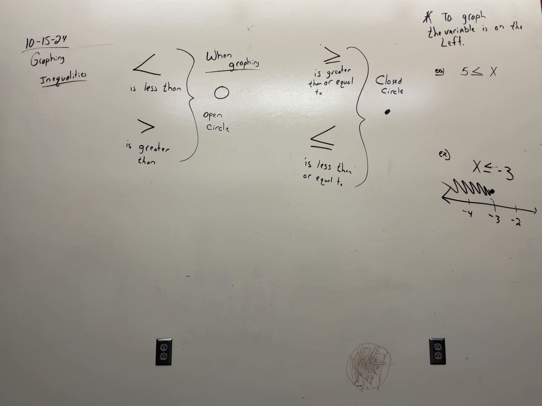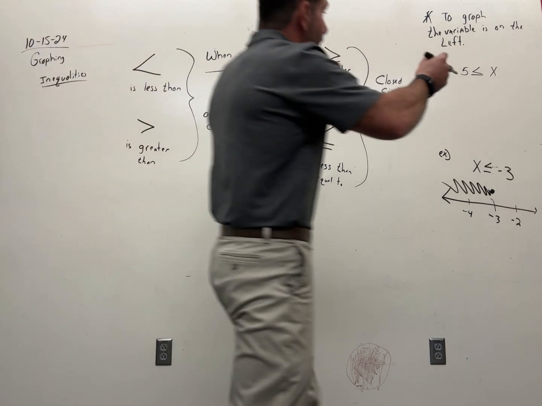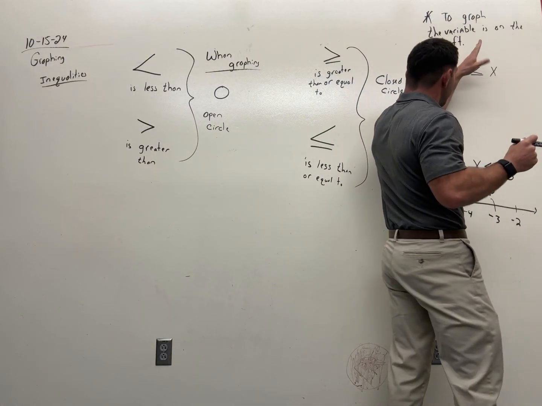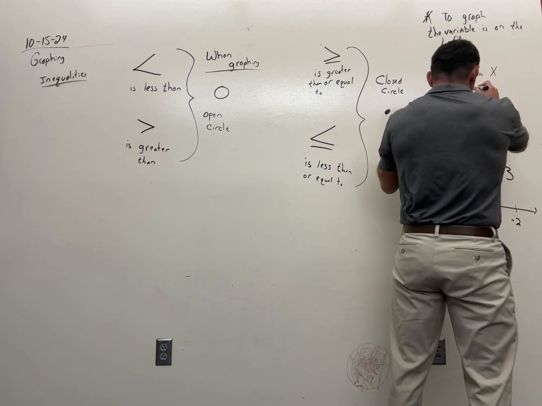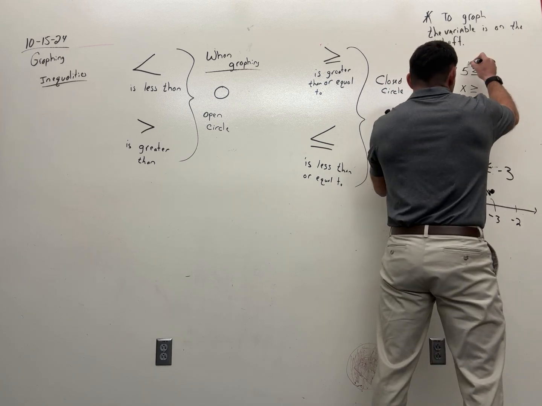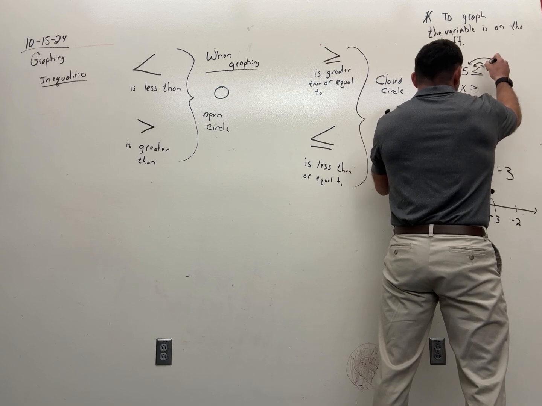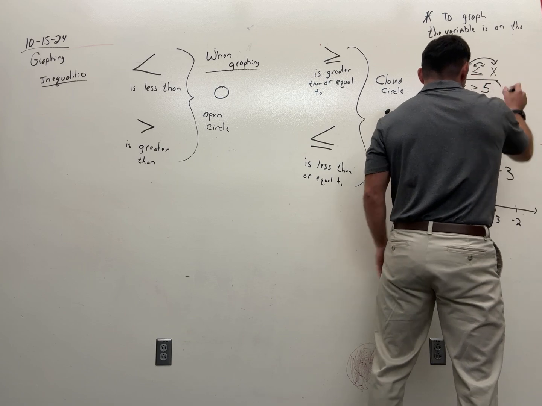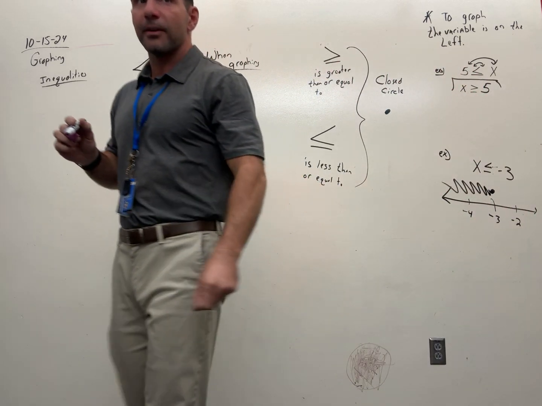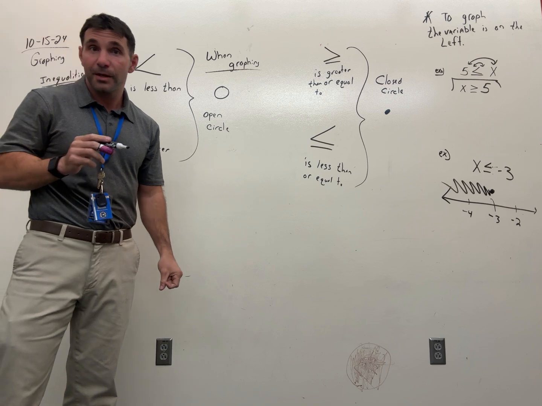Is the variable on the left? Is my x on the left? No. So when we have this, everything flips. Notice how the greater mouth is eating the x. So when I flip it, that gator mouth still eats the x. Everything flips. This is what we want. We want that variable on the left. That way,